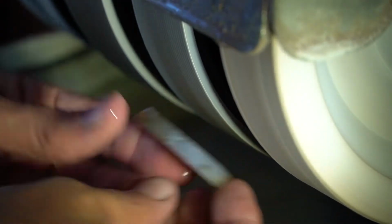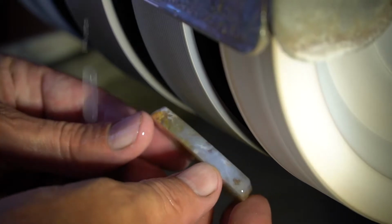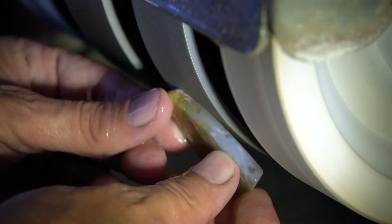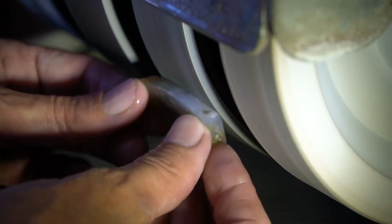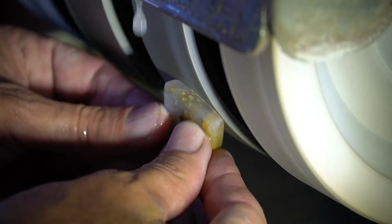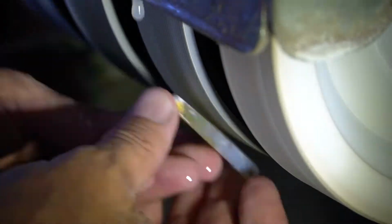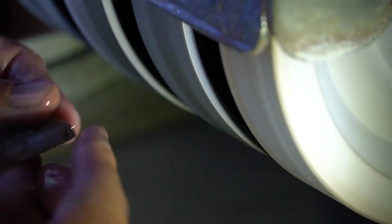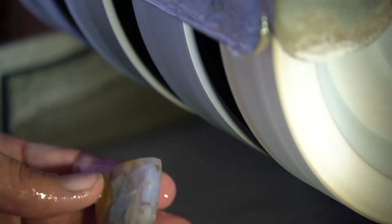Yeah. All right, so I'm going to do a slight dome for the first time on this 100 grit textured wheel. Start the dome by taking down the edges a small amount. Alright, well that was pretty fast. I know it isn't perfectly done yet, but what I'm going to do is turn off my water,